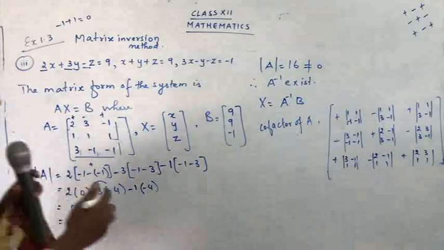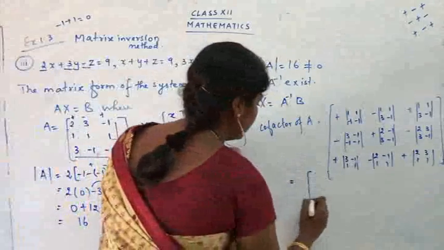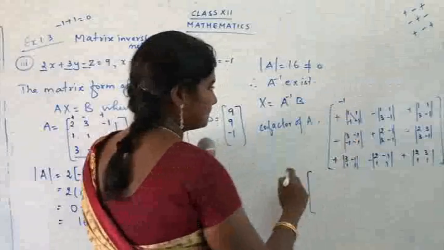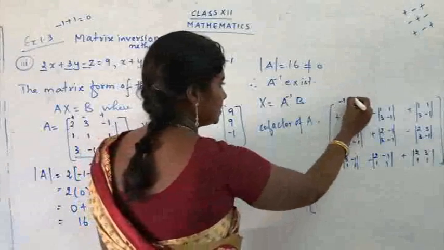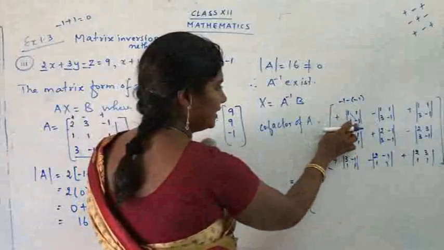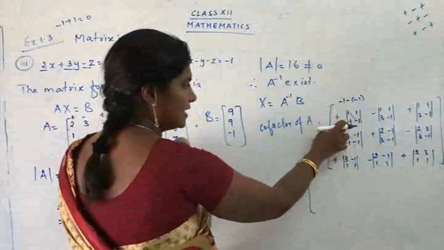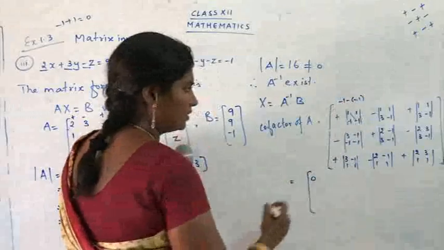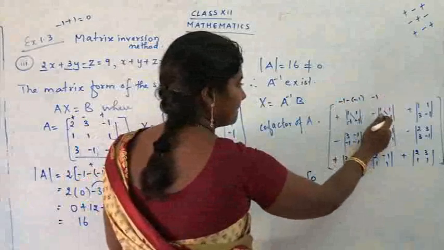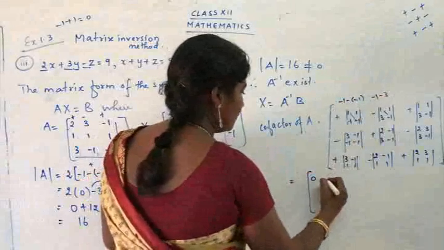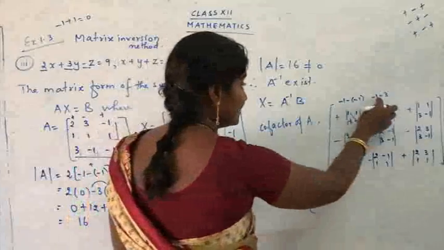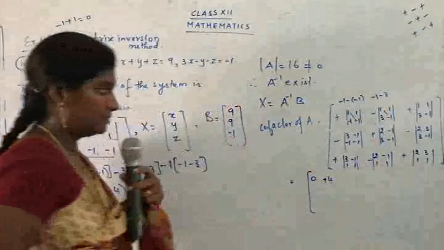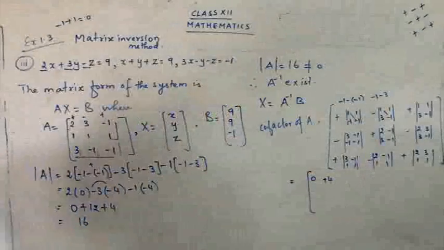So first one, I'm going to write the answers directly. So what do you get here? This is minus 1 minus of minus 1. Getting the point? 1 into minus 1 is minus 1. Minus main sign, minus 1 into 1, minus 1. So minus 1 plus 1, 0. Minus 1 minus 3. So minus 4. Yeah, the sign is minus 4. I get the answer here minus 4, but what is the sign here? Minus. So it becomes plus 4.